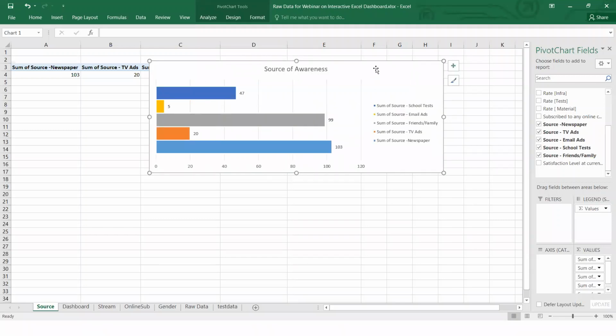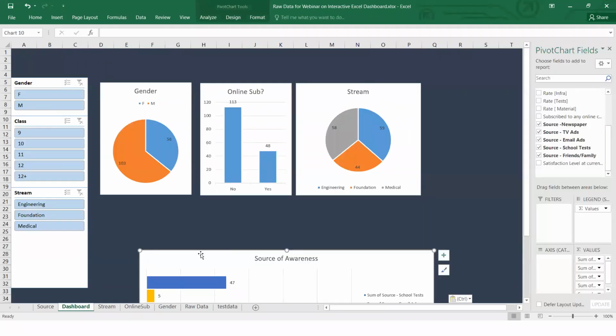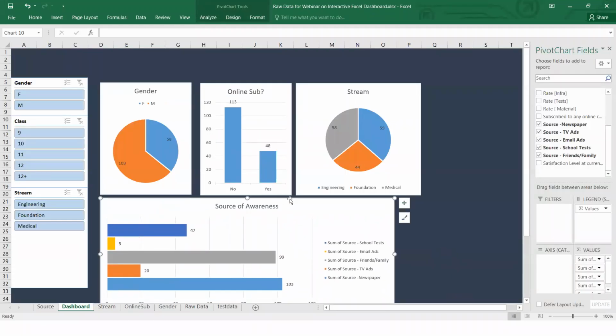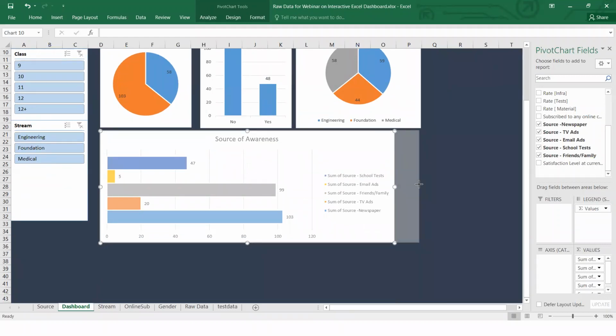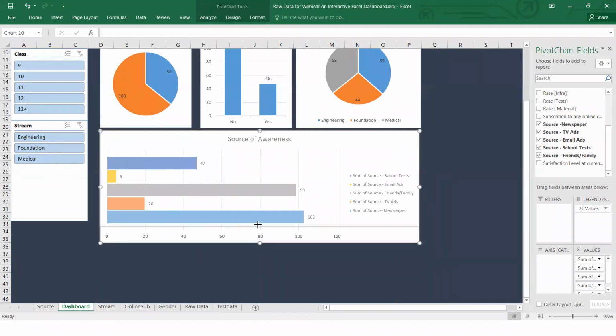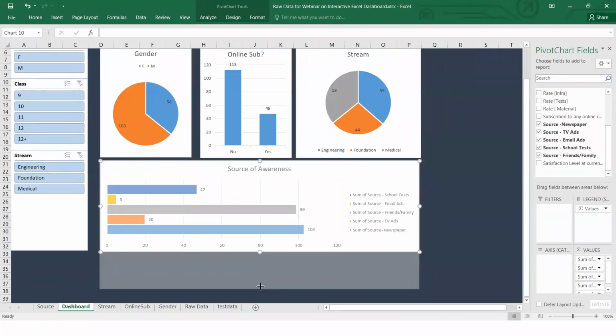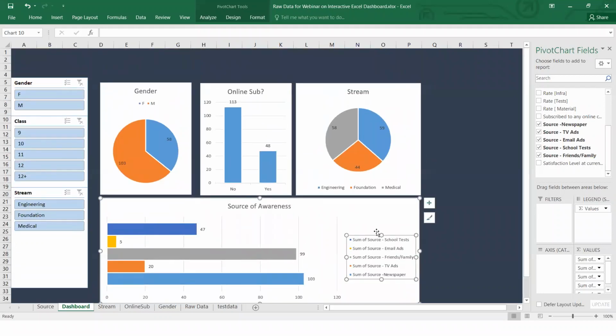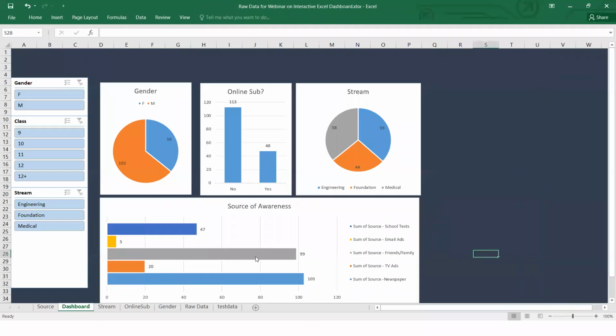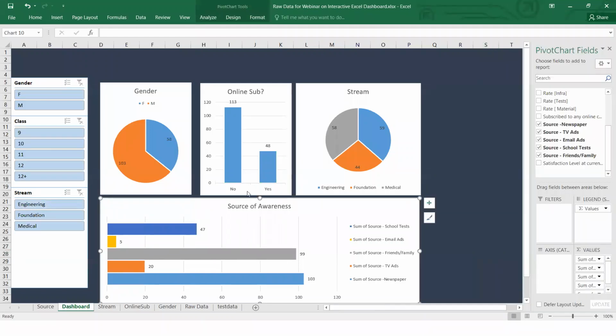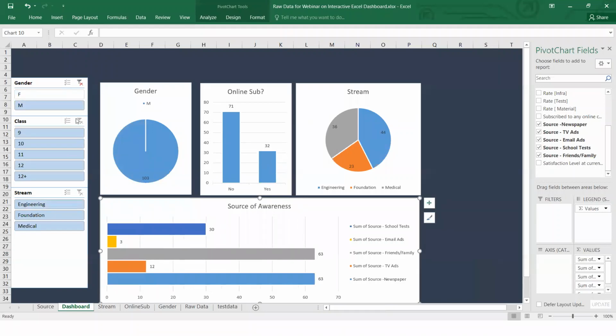Now the last step is to copy this chart onto the dashboard and place it somewhere. So I am placing it right here. Okay, so it's fitting my dashboard now. Just make it a little bit bigger. So I just now have to check whether the slicers are functioning with this new added chart or not. So I will just click on it. Yeah, it is functioning. So no worries.